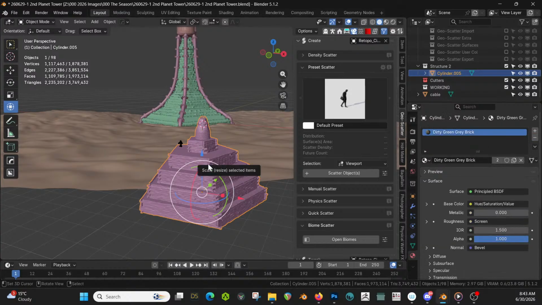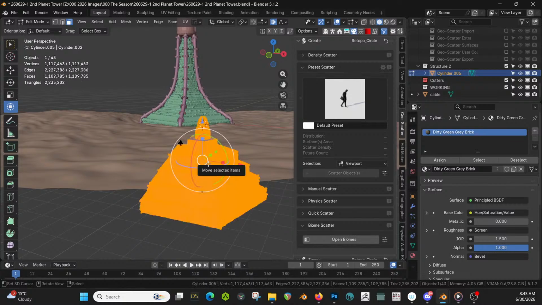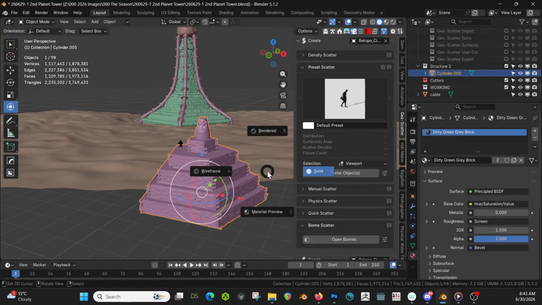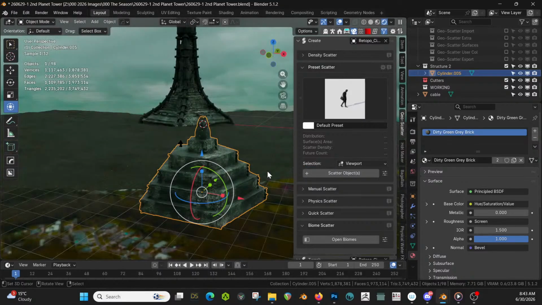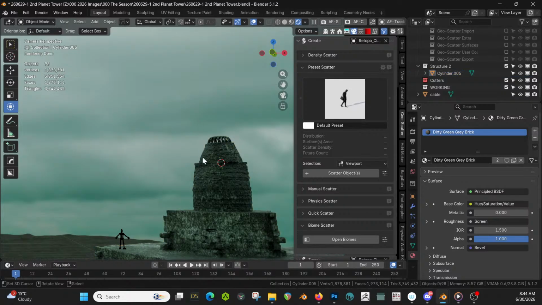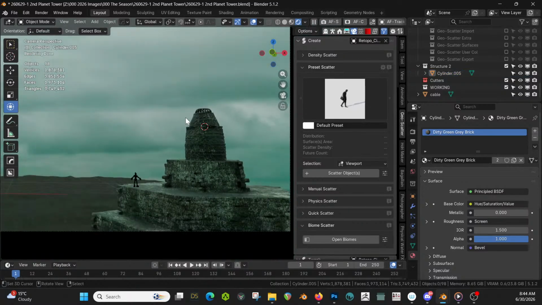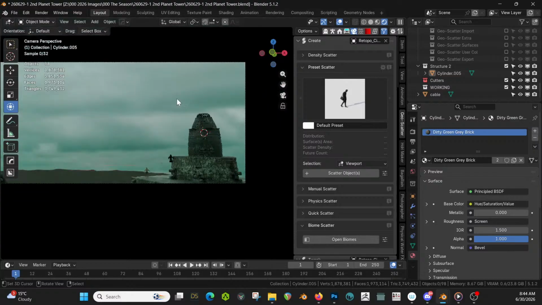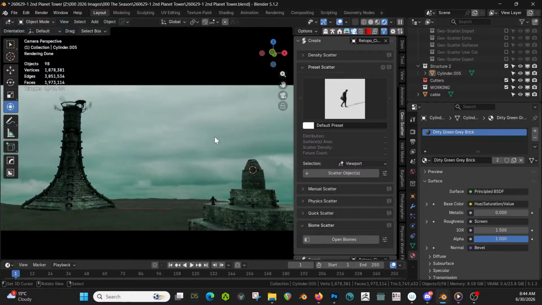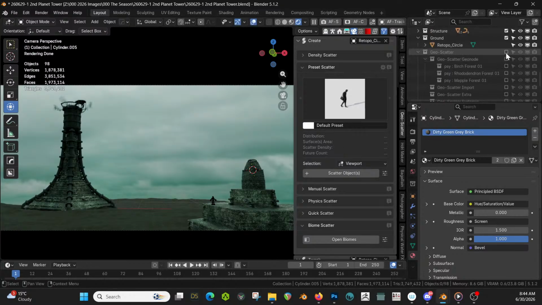We got to UV it. Cube project. Let's take a look. I do like that. That is fun. There's our space thing coming off. Cool. And if we turn back on scatter,